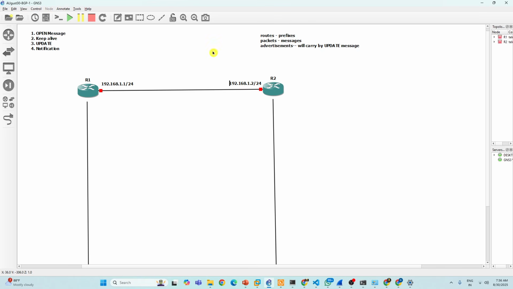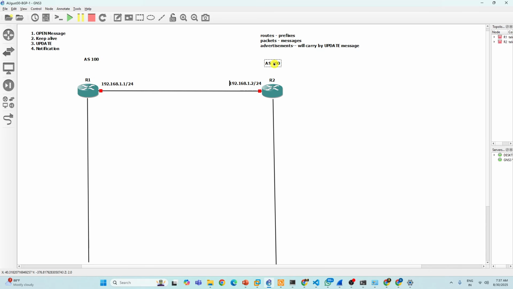R1 and R2. Now, if you configure BGP, what is the configuration here? Both are the same autonomous system or different autonomous systems, it doesn't matter. Let's understand it is AS100 here, and this is AS200.